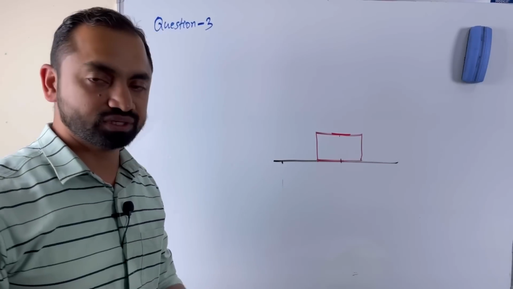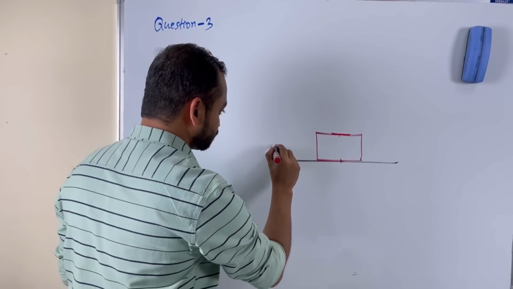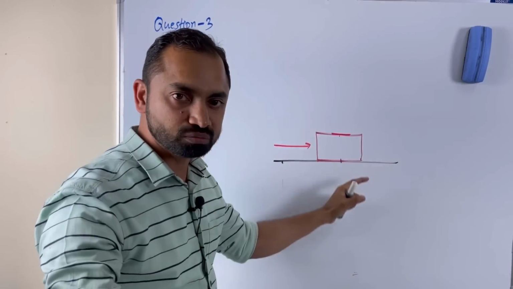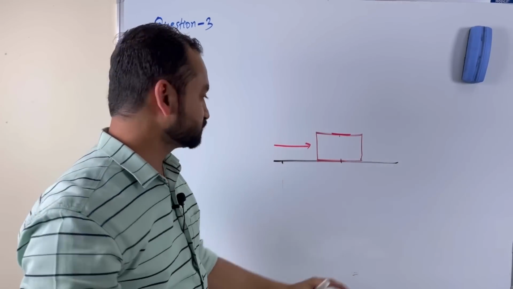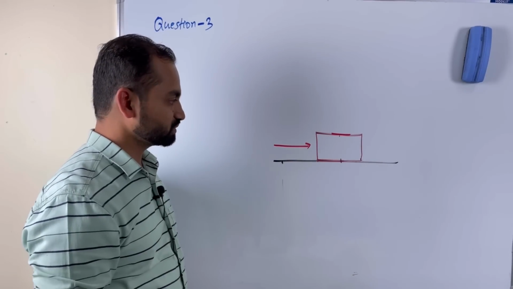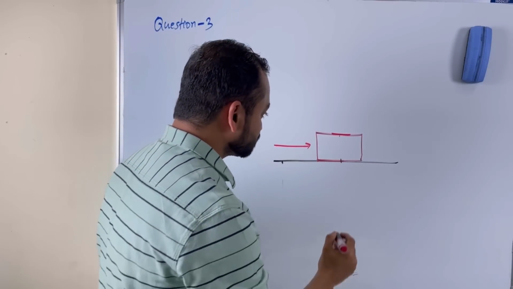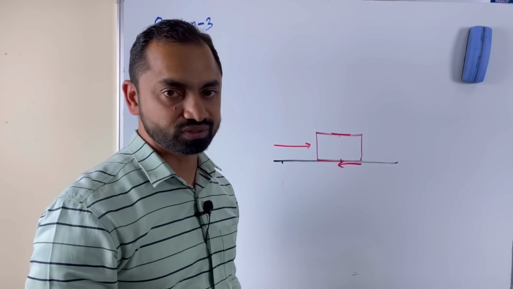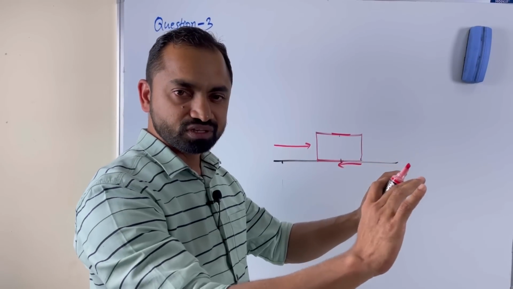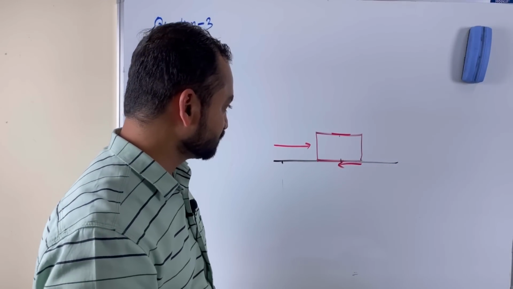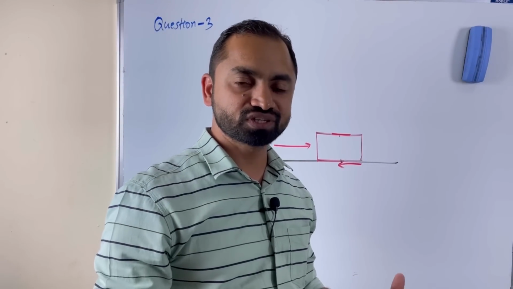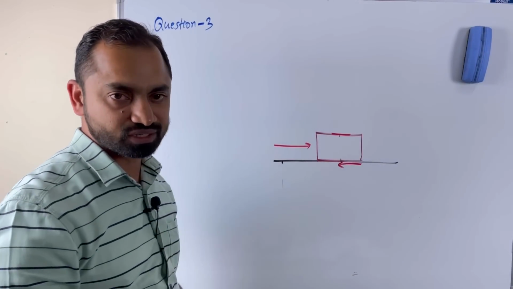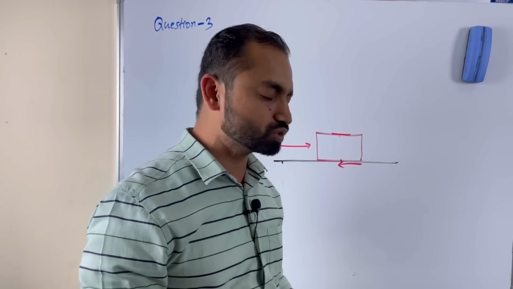Now what are you doing? You are pushing this block, a large wooden block, a large wooden box. When you push the block, a friction will be generated. Even before the box starts moving, there will be friction. When you start pushing, the friction starts. Friction will always act in the opposite direction, and the friction acting when the object is not moving